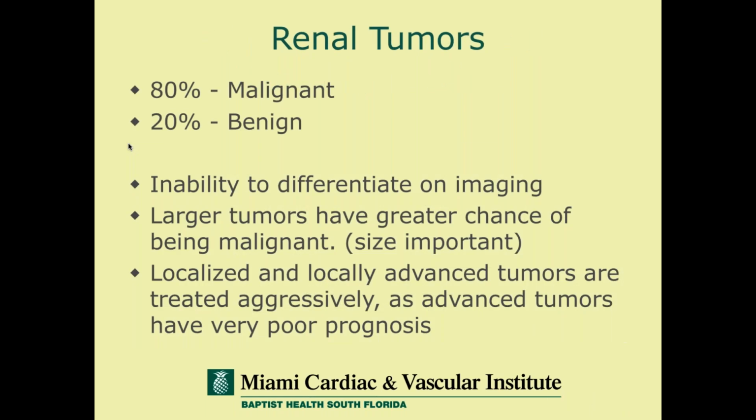When you look at renal tumors, it's interesting to note that about 80% of them will be malignant, 20% of them are benign, and we're really unable to differentiate whether something is benign or malignant with imaging. We do know that larger tumors have a greater chance of being malignant, and we know that localized tumors can be less aggressive, but once they become advanced and they grow to bigger sizes, they become very aggressive and